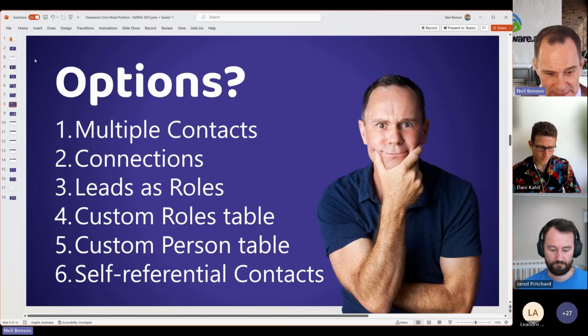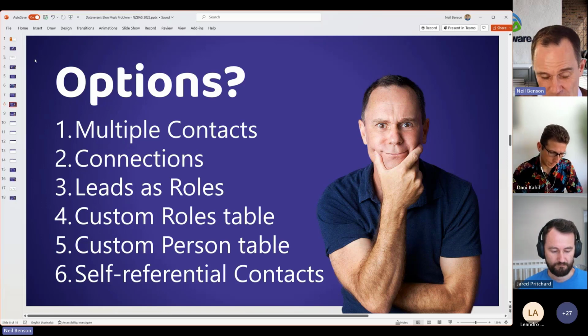Number 5 is another custom table, but this time we're going to treat the contact record to define somebody's job role. And we're going to create a new parental record for contacts called a person. And so a person can have many contacts, so those contacts represent their business cards. So a slight variation on the many-to-many relationship with an intersect table in the middle, but we're going to use contacts as the intersect table. It's quite a nice model as well. I think it works really well in lots of scenarios.